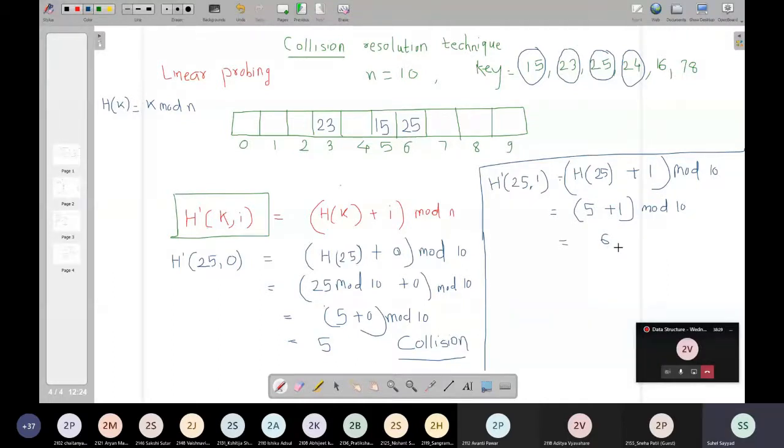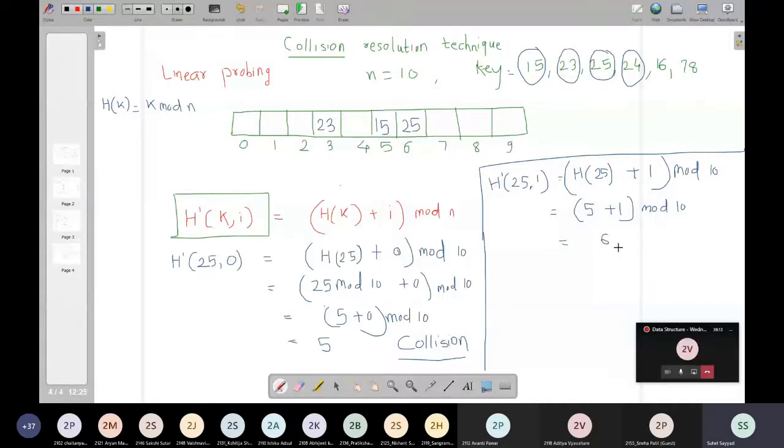Now next time when I pick up key value 24, again I should take the value of I as 0. Again I repeat, for every new key value, I have to start with the value of I from 0. Not 1. For 25 you have done 1, but that doesn't mean that 1 will be carried forward to 24, 16 and so on. Is it clear, my dear students, now? Who has made that mistake? Did you understand? Yes, sir.